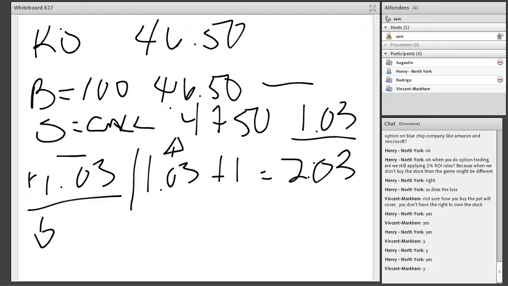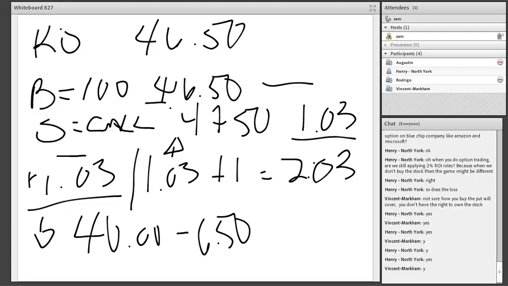Okay. Now, if the stock goes down, so that's sideways, that's up. What if it goes down? What price? Give me a price you want to check. Why don't we go to 45? 40. Let's go to 40. Let's go worst case scenario, say 40. And remember, trade management, we don't have to wait till it goes to 40. We can get out of the trade earlier. So let's say it goes to 40.